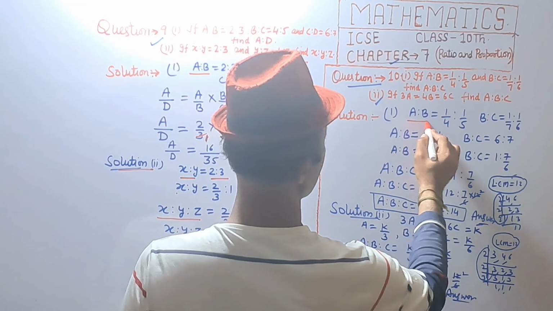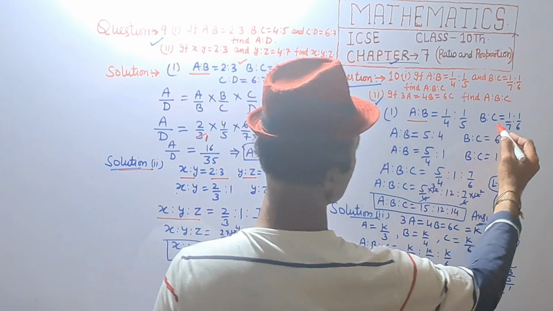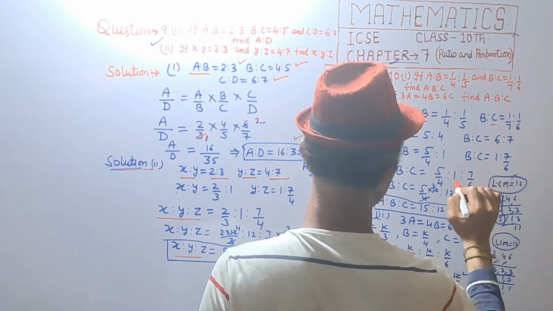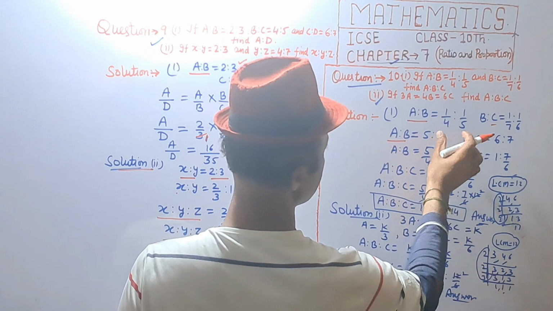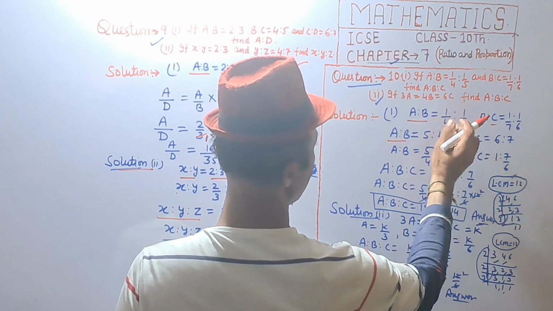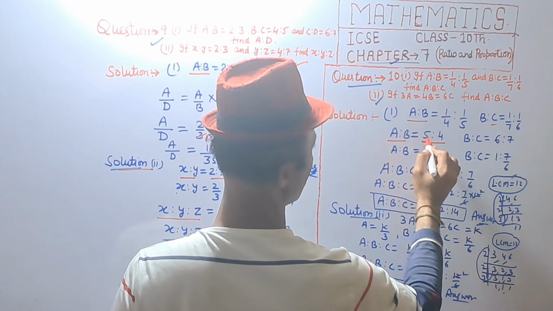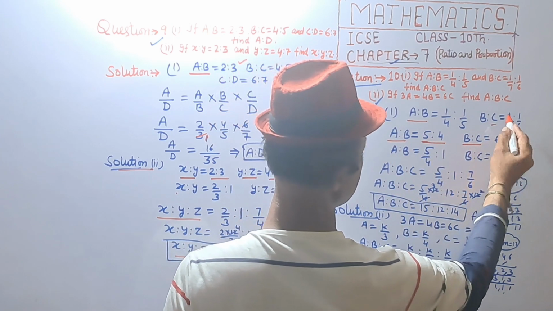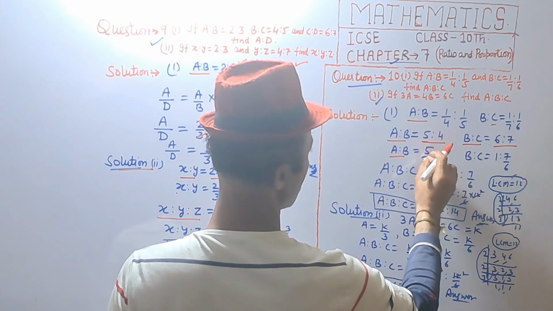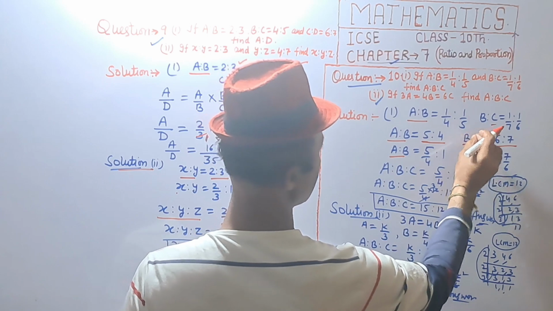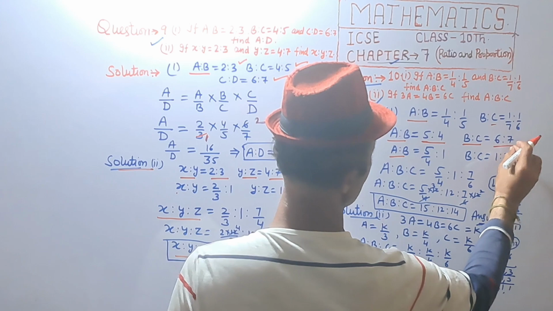Answer. Given A ratio B is 1 upon 4 ratio 1 upon 5, B ratio C is 1 upon 7 ratio 1 upon 6. A ratio B is equal to LCM is 20, 20 divided by 4, that is 5, 20 divided by 5, that is 4. And similarly B ratio C is 6 ratio 7. A ratio B is 5 upon 4 ratio 1, and B ratio C is 1 ratio 7